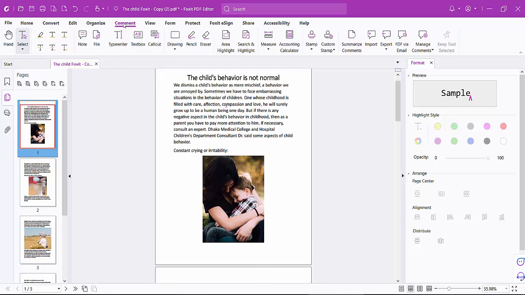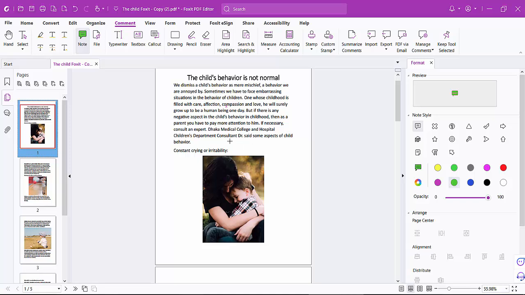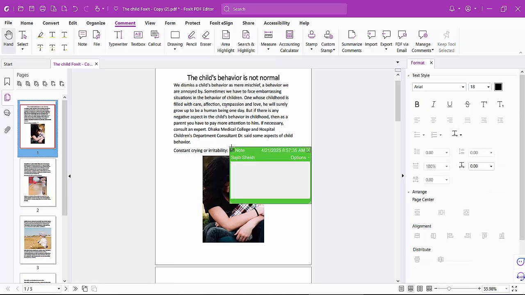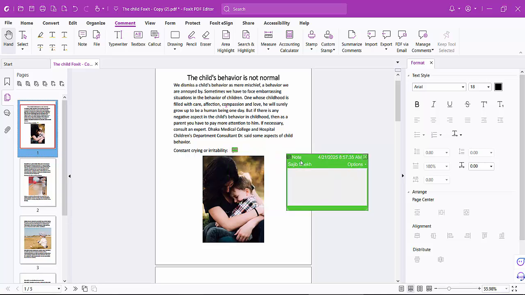Now click on this comment option and here you will find this note option. Click here and put your mouse cursor where you want to place a note. A note is placed here and you can